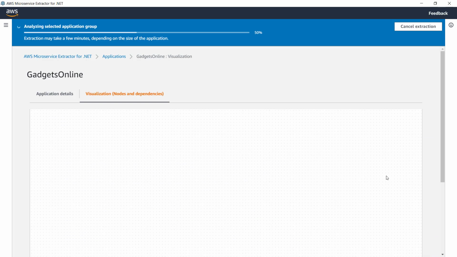Now the extraction process is going to take some time. You can see the status at the top. So it is going to do the analysis, do the compilation of the code, extract a microservice, which will be a completely different ASP.NET Web API project, and then a copy of the existing monolith application will be modified, and the local calls to inventory class will be converted into remote REST API calls to the inventory service. I'm going to pause the video and let the extraction complete. And once it's done, I'm going to start recording again.